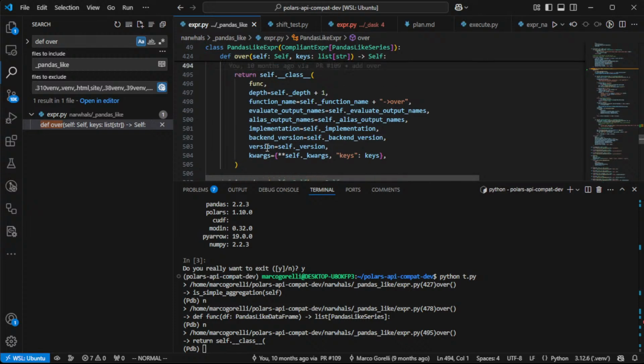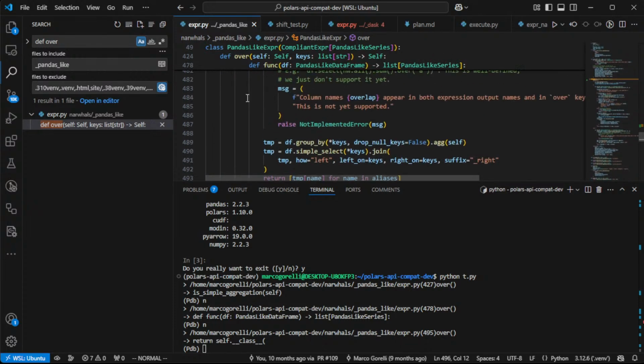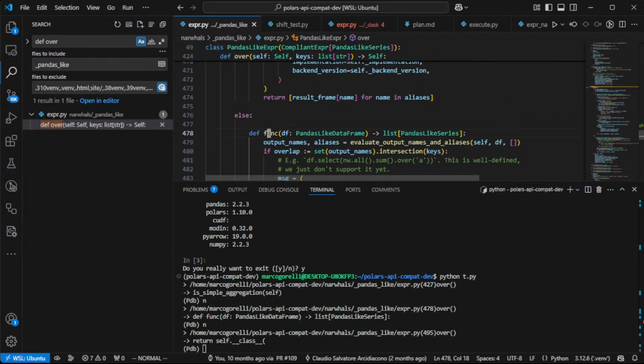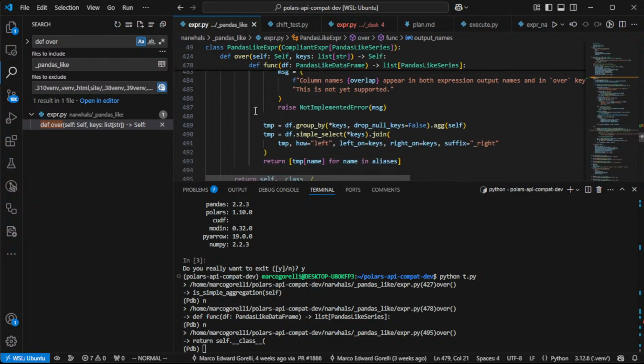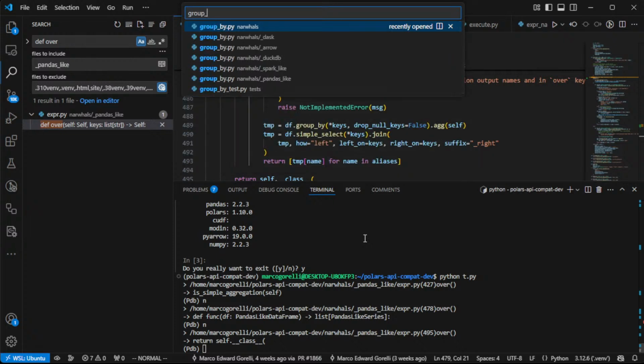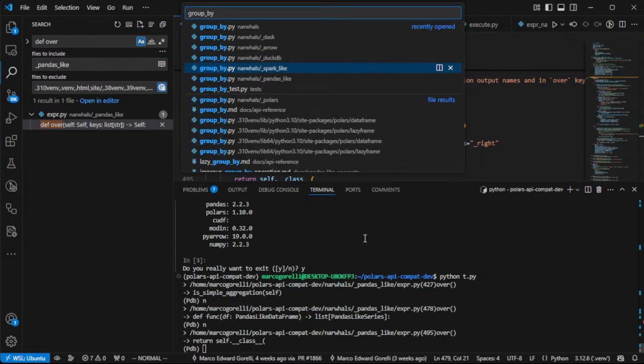But here, yeah, this should only really be allowed. Yeah, we're going here. This should only be allowed if we know that it's an aggregation. We need to enforce that this aggregates. Let's take a look. Let's go here, group by